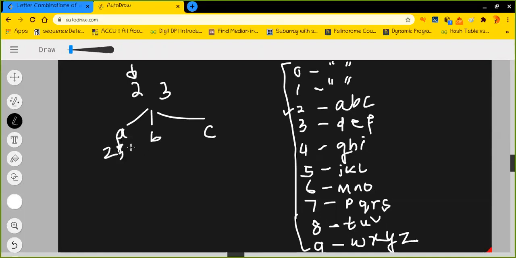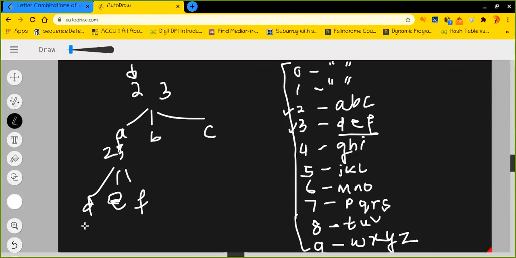When I'm pointing to 3, I will again look at the map, and this time I will look for 3, because I'm pointing to 3 right now. So 3 has DEF. So basically we now have D, E, and F. These are the possible characters that I may get next when I'm pointing to 3.